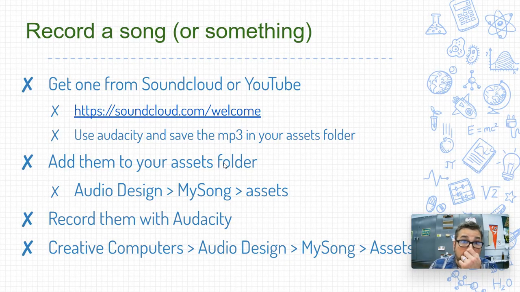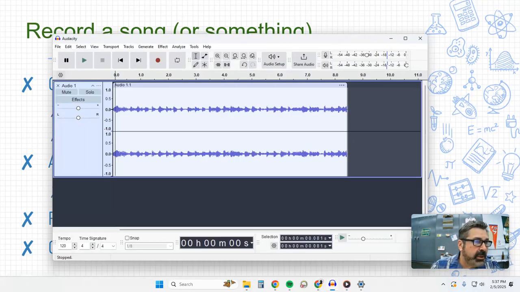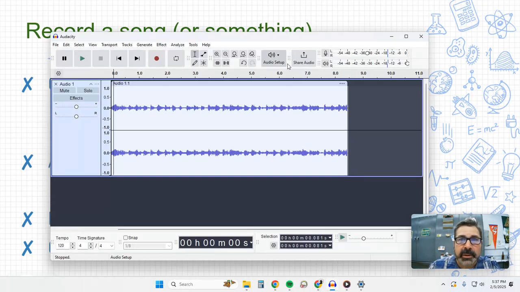Okay, and then you can do this in any order, but the first thing I'm going to have you do is find a song. You can get a song or a sound effect or whatever you want. If you want to get a song and make that the base of your project, you can. If you just want to get an old sound effect, like somebody saying, "The only thing we have to fear is fear itself," you can get a clip like that off the internet. But basically what I want you to do is go to Audacity, and you already know